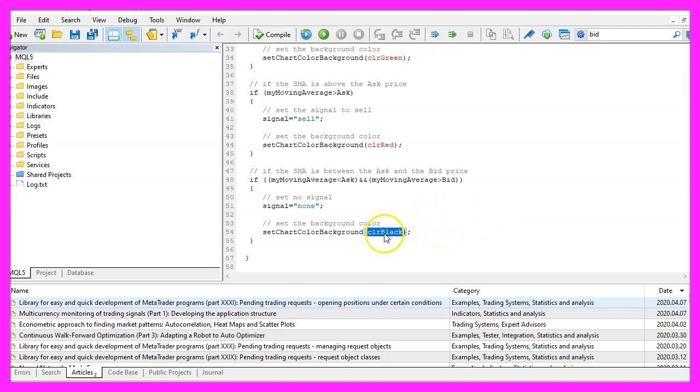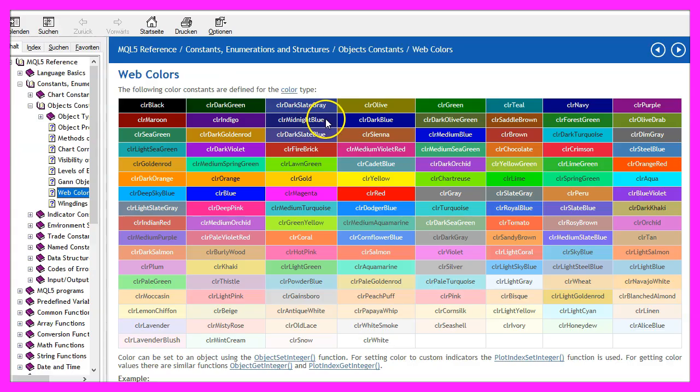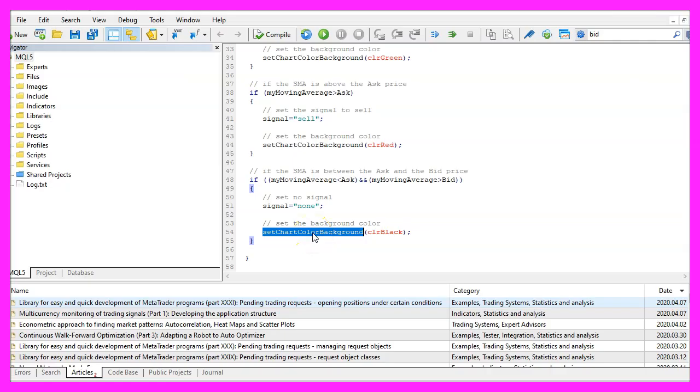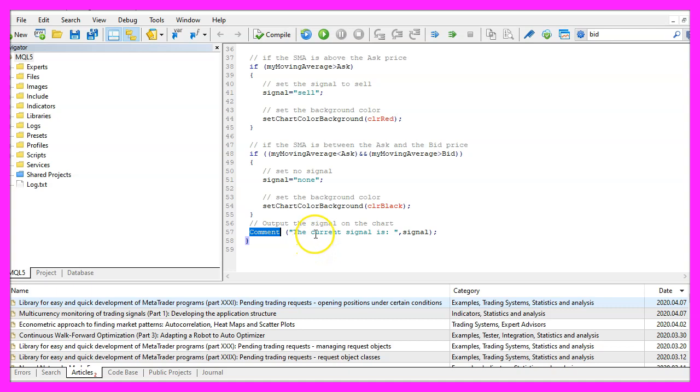Well, if you mark that and press F1, you will see that there are lots of other colors that you could choose. But this function doesn't exist so far, so we need to create it in a few seconds. Let's add a chart output by using the Comment statement, and that will show us the text "the current signal is" and the calculated signal directly on our chart.